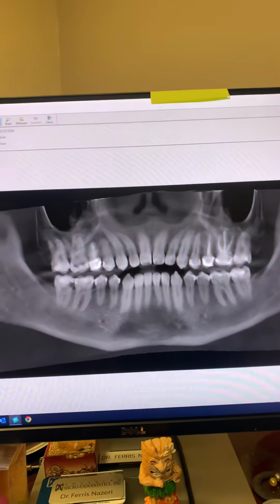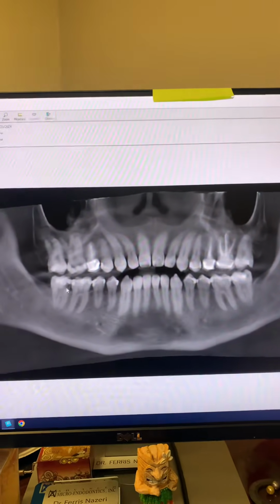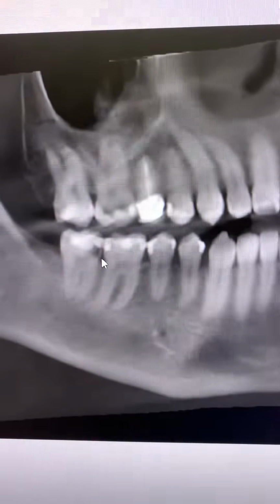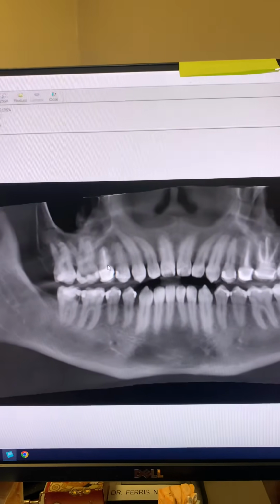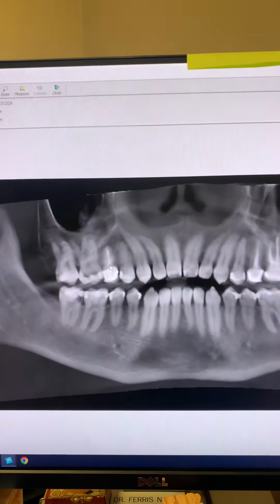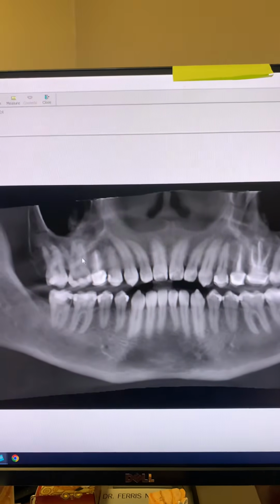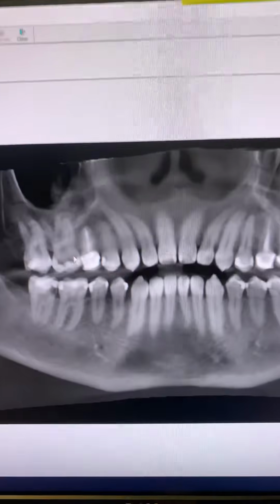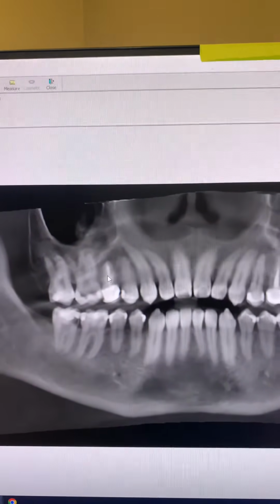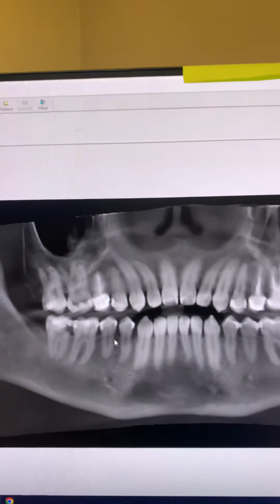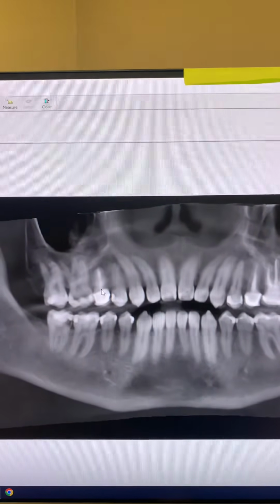Okay, so now take a look. So this is obvious, right? Number 31. What's going on with tooth number 4? Previous root canal, but as you can see, panel is inconclusive. I'm not sure based on panel here whether or not this root canal is okay or it's not okay.